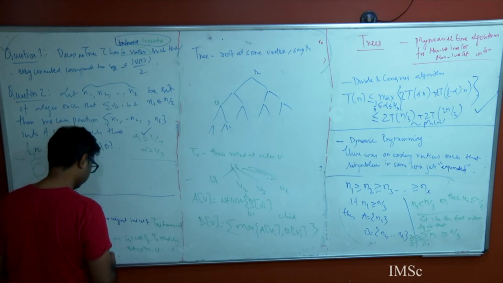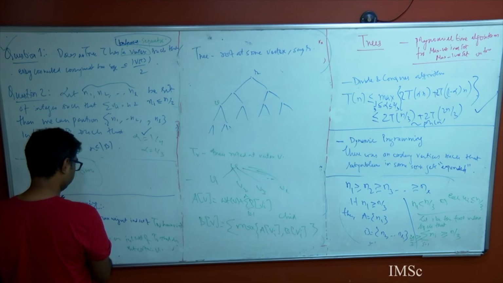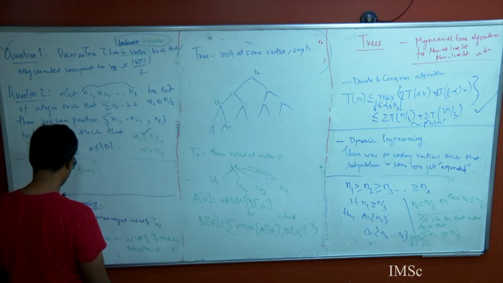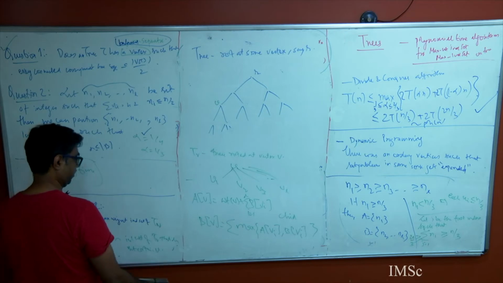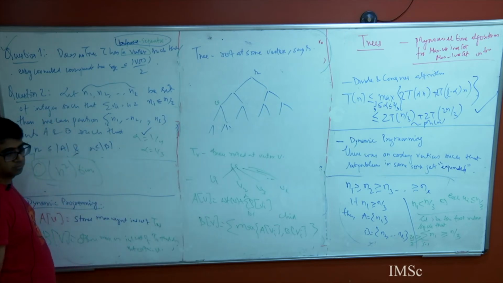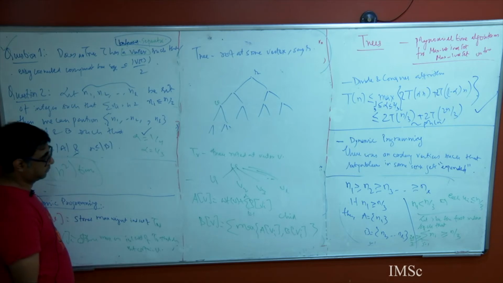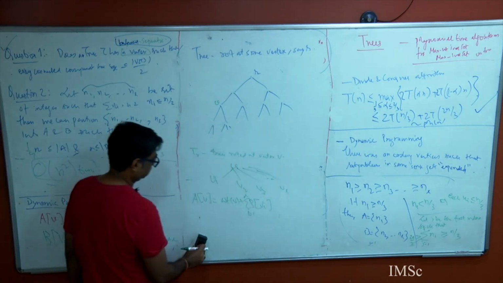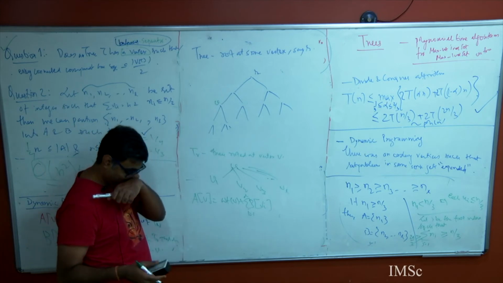What if I just wanted to say, can I do this? It stores the maximum independent set of TV. I forget this. And BV is the one that doesn't contain V. Can I still write the recurrence? I don't insist that it contains or doesn't contain. I just say, yeah, that means here it will be max of B.